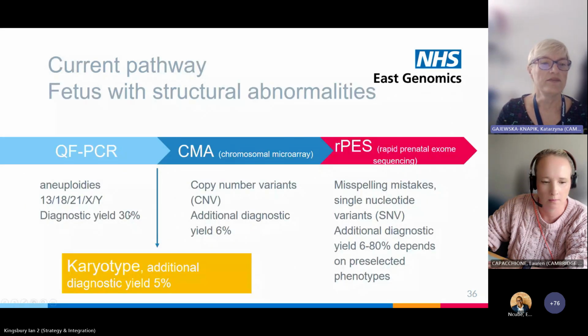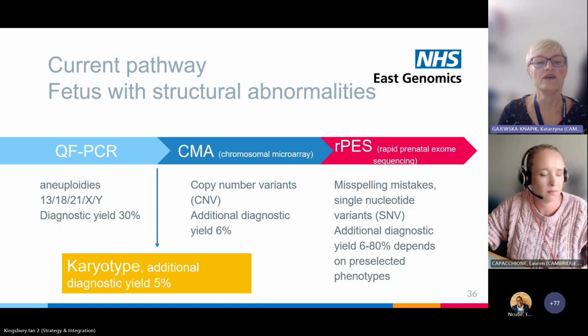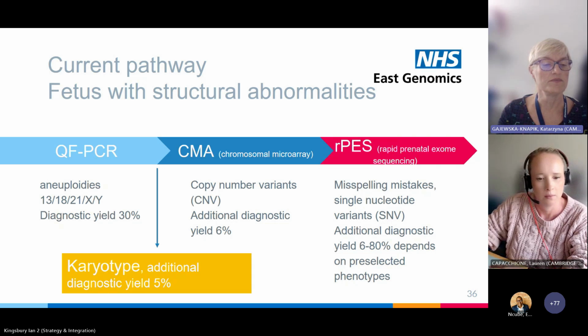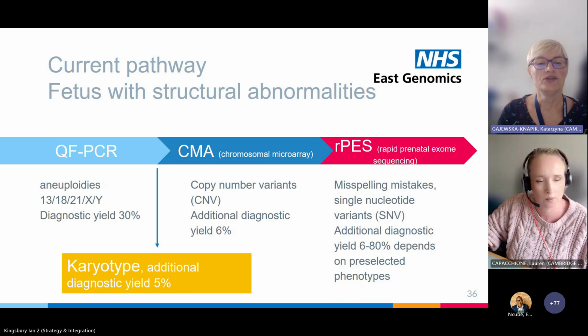And the current pathway for the fetus with structural abnormalities is that if the patient would like invasive testing, then in first instance the material is sent for QF-PCR, which tests for common aneuploidies, and they will explain about 30% of abnormal findings on the scan. We used to send for karyotype. These days we send for karyotypes only in particular cases. Majority of cases, if the QF-PCR comes back as negative, as normal, we send for chromosomal microarray, which looks for chunks of DNA missing or additional chunks of DNA in baby's genetic material, and additional yield of this is about 6%. For particular indications,